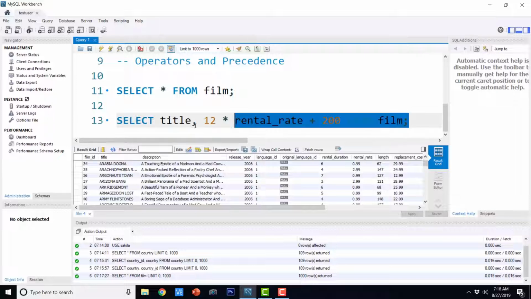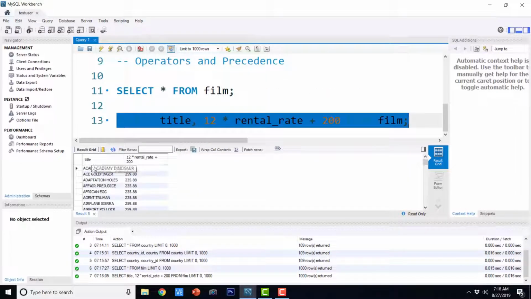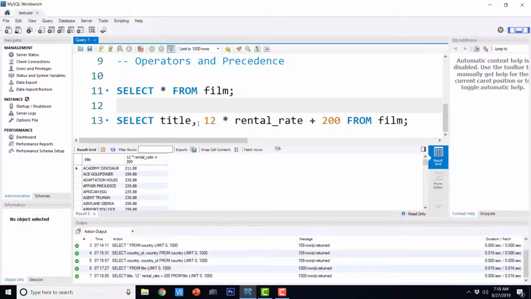If I execute this, it is title and rental rate. Here we are multiplying rental rate by 12 and then adding 200 to that.